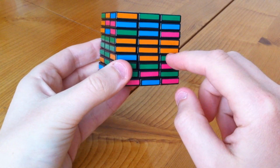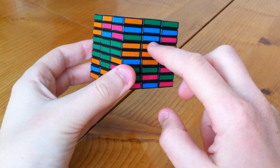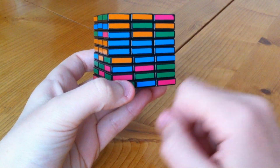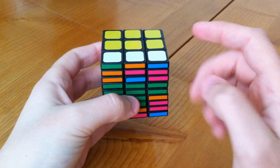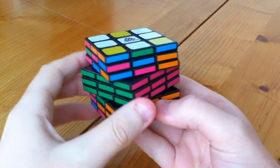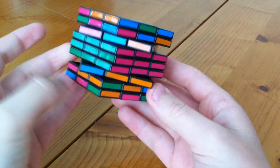Using my method, it would appear that this cannot be done, because when you swap these two, you will inevitably mess up this layer. However, there is a way to do this, and I will show you how to do it at the end of this video, or you can click on the link just here. Now that we've solved these three layers, we begin to move outwards,